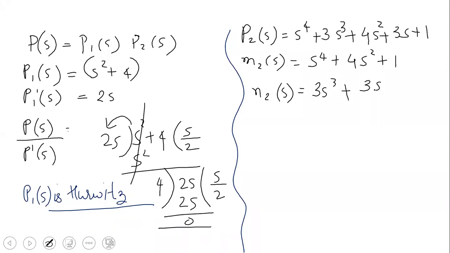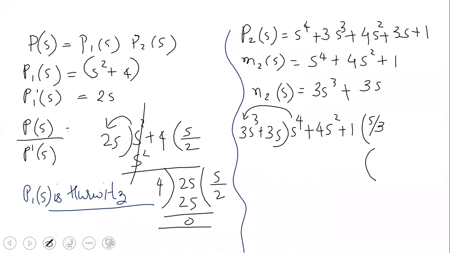Please perform the division, the continued fraction expansion division, and tell me what quotients you are getting. This is divided by this. Please tell me the quotients quickly. What is the first quotient when I take this and divide by this? Yes, my first quotient should be S by 3. Solve it. Tell me the next quotient. There should be 4 quotients. I want all the 4 quotients.